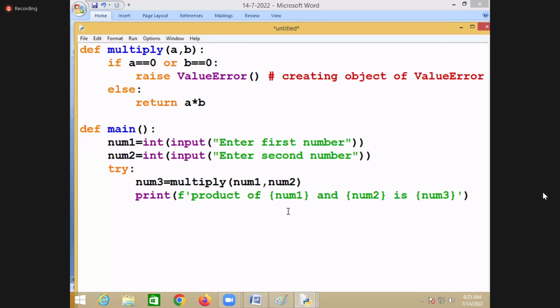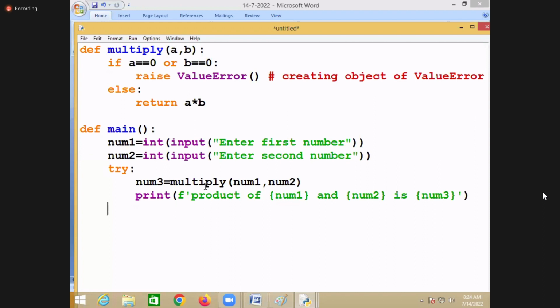This is the message you'll get. Yes, this is what you're trying to do.